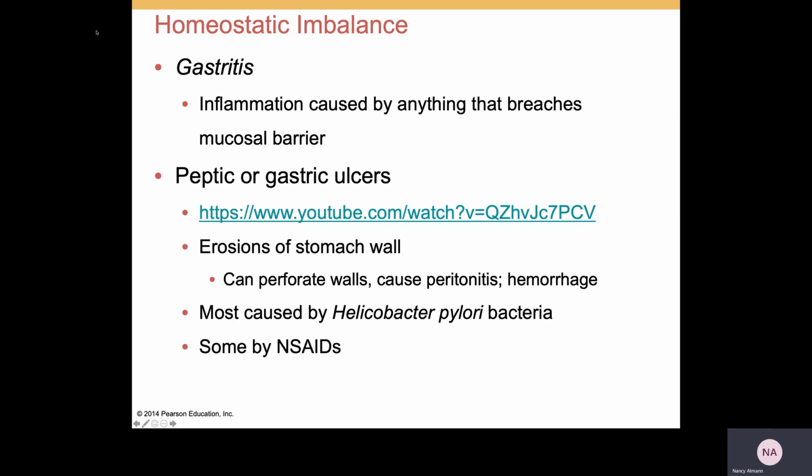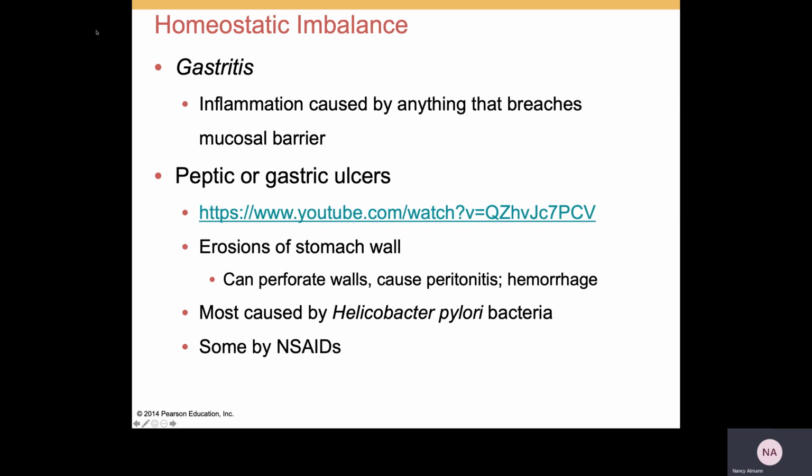Couple of conditions. Gastritis is going to be inflammation. It's caused by anything that passes through that mucosal barrier. Peptic or gastric ulcers can be very painful, and they are erosions of the stomach wall. You can literally perforate the walls and end up with peritonitis, hemorrhage, and potentially this could be lethal. Most ulcers will be caused by H. pylori bacteria, sometimes by NSAIDs. They're usually triggered by